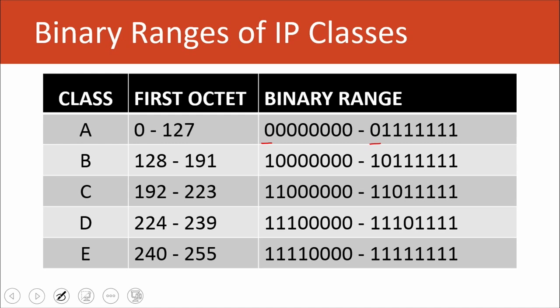128, we can subtract 128 from that. So there we go, right? But if we have 128, and then if we looked at that second digit, if there was a 1 there, that means that we would have 192. Well, the range only goes to 191. So what that means is that this second digit has to be 0. So just like we had the first digit for Class A addresses in the first octet had to be 0, the second one in Class B addresses